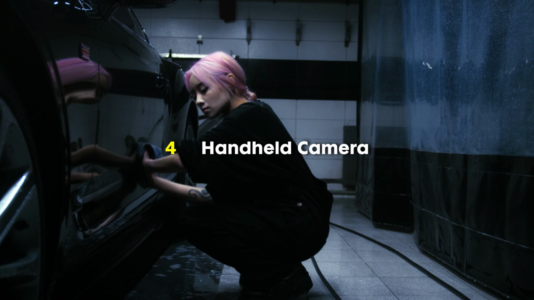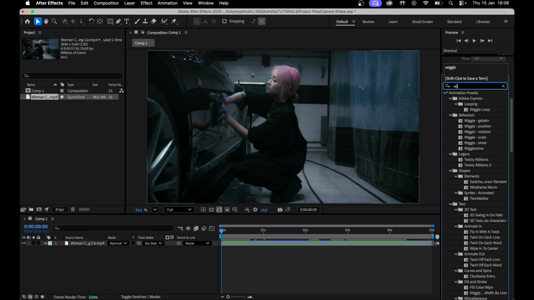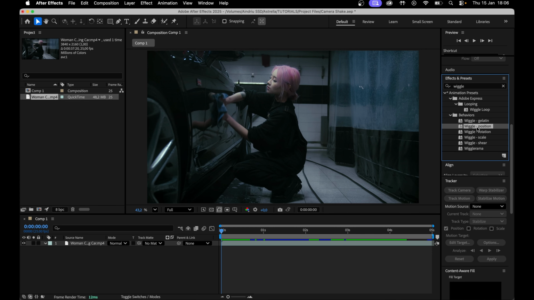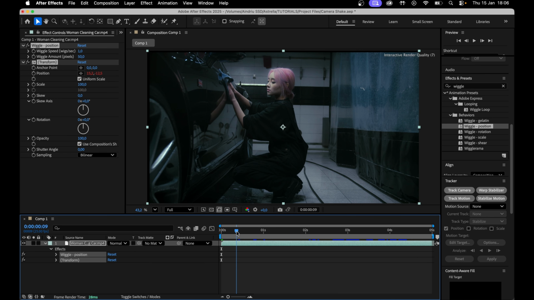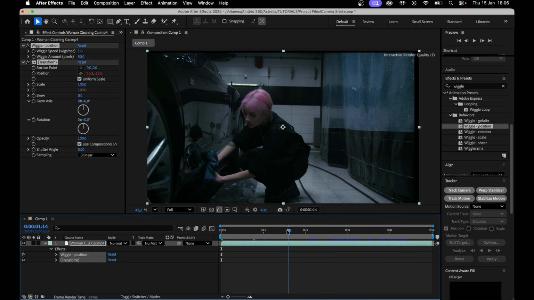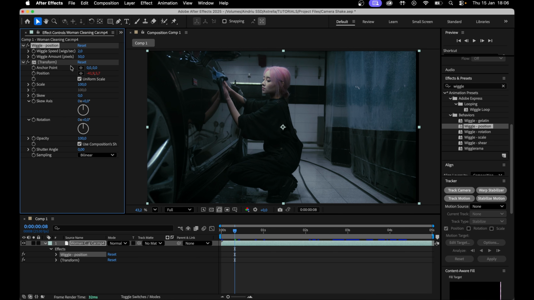Add a bit of shake with number 4 with the handheld camera effect. Go to an effect called wiggle. Apply wiggle position to the clip. And the default values actually give us quite a nice handheld look. If you want it a bit more extreme, you can increase the speed, maybe to a 2, and the pixels